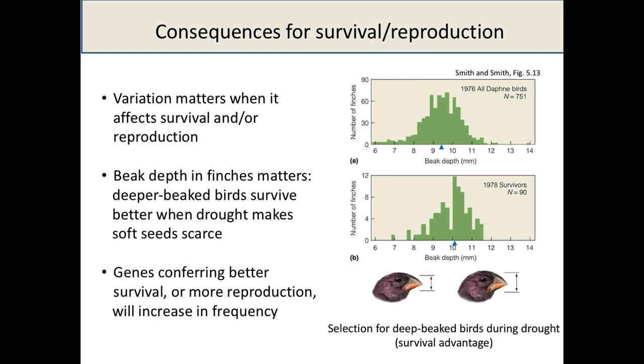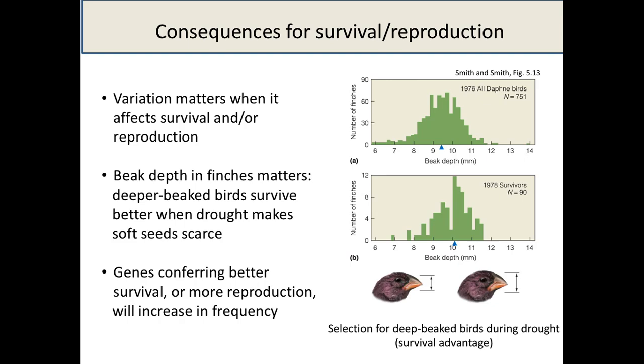After this drought, if you look at the sample here, they had 750 birds sampled in 1976, and 90 birds sampled in 1978. A massive proportion of the population died out due to starvation. There was very little food available for them. Of the remainder, what they noticed was that the ones that did survive had a larger beak depth. These were individuals that were able to capture or feed on larger seeds and nuts that